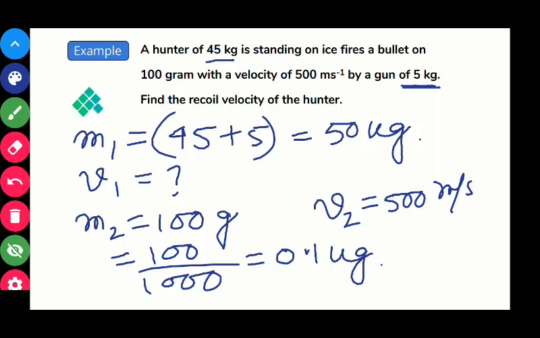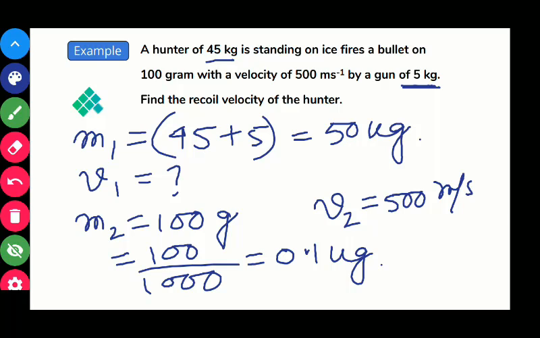Right? Now all of these things we have to write down when a numerical comes to you. All the information that is given in that numerical problem, you have to write down on the copy at first. Then you have to relate the data with the concept you have. Then only the numerical will be solved. You don't have to panic when you see a numerical from physics, right? You have to write all of the data that is given in the numerical, then you have to relate the data with the concept you have.